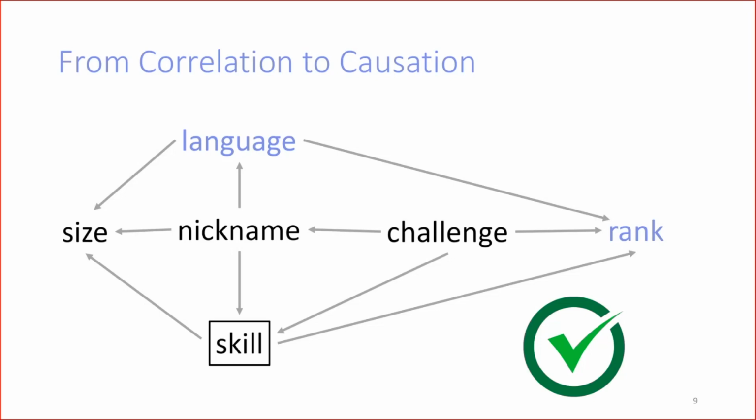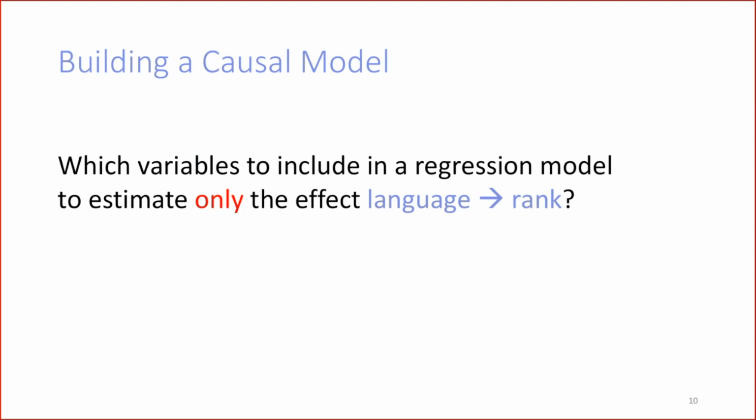And so we managed, in fact, to rule out a few different variants of the model because they were not consistent, and instead this is consistent. And there are a few other variants that are still consistent, so they are essentially equivalent. Okay, so what do we do with this? Well, now we can apply some analysis techniques that rely entirely on the structure of the graph. So if we trust the graph, at least to some degree, then we can use it to select variables to include in our regression model, so that we don't just get a correlation between language and rank, but we filter out only that arrow and we cancel out all of the effects of the other factors, okay?